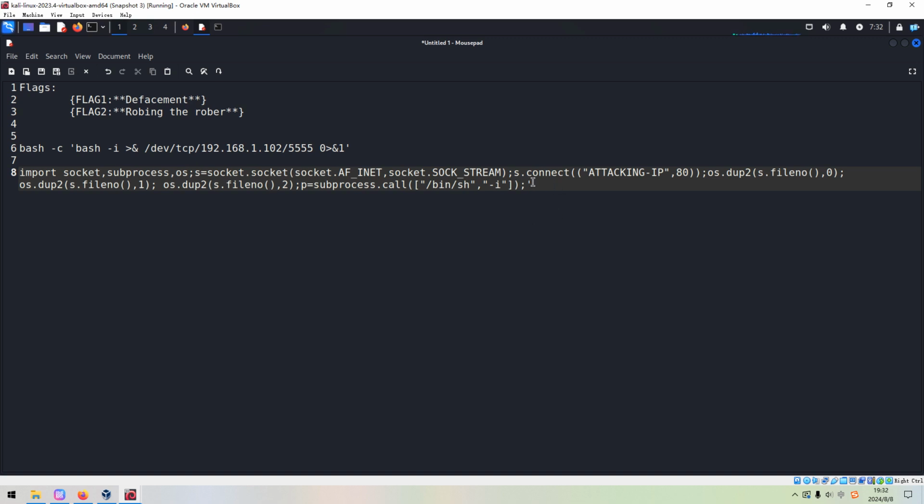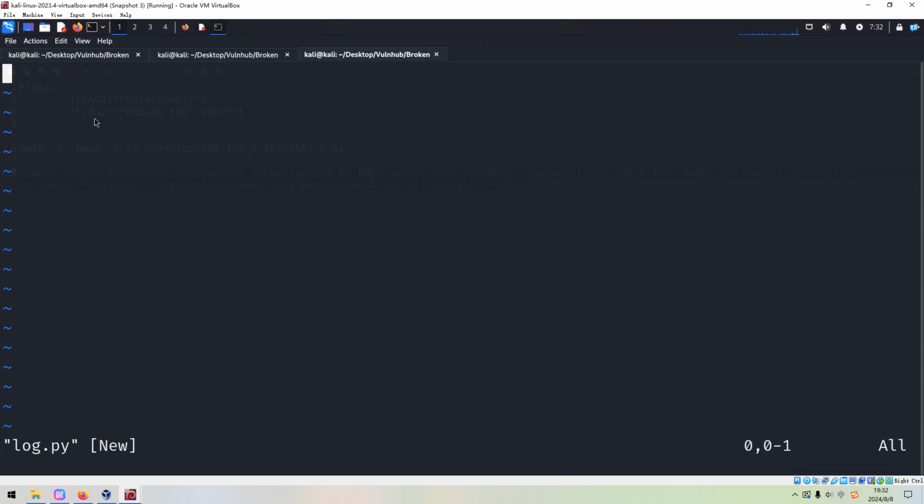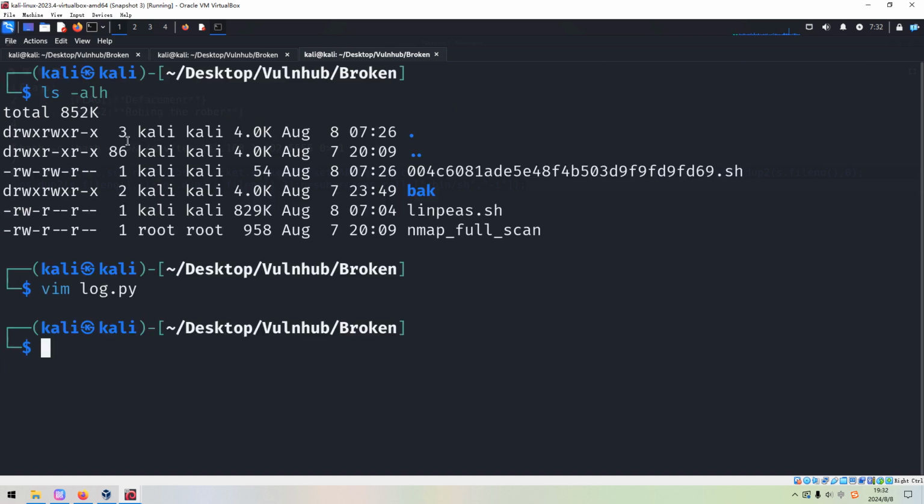So we can remove this one, and also we need to change the attacking machine, and also the port number, we can use 666. And now I think we can copy and paste in here, and quit.